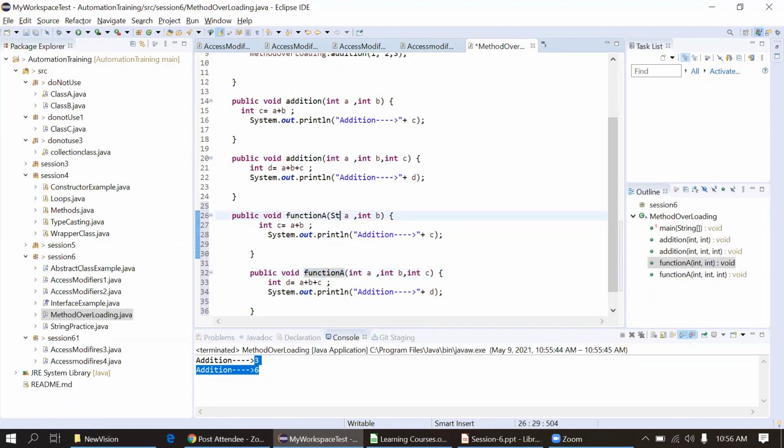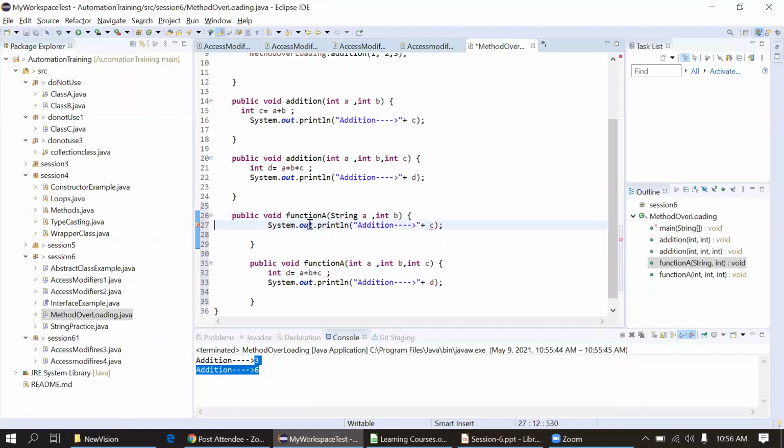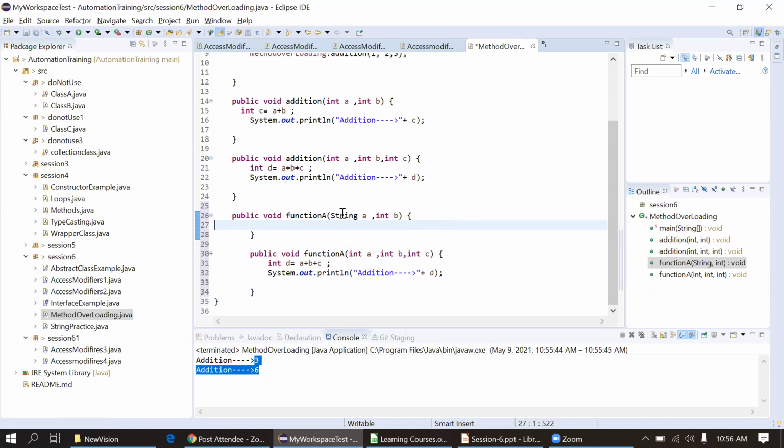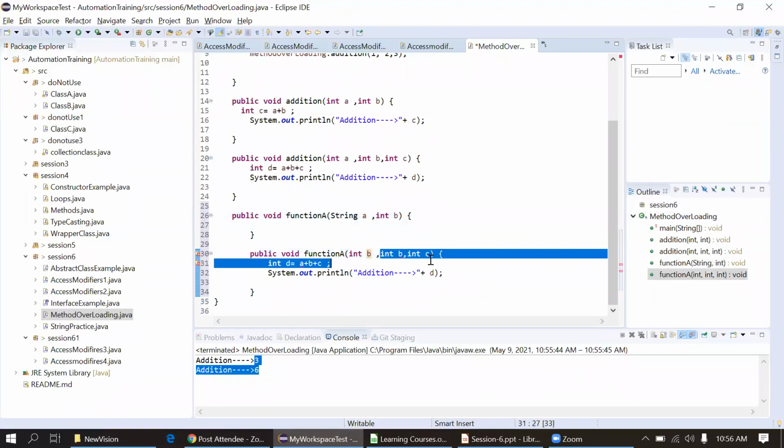Here I will pass a parameter as string A and then integer B. Okay, forget about this part. I'm not passing anything inside here. So simply I can just swap the parameters here: integer B, string A.